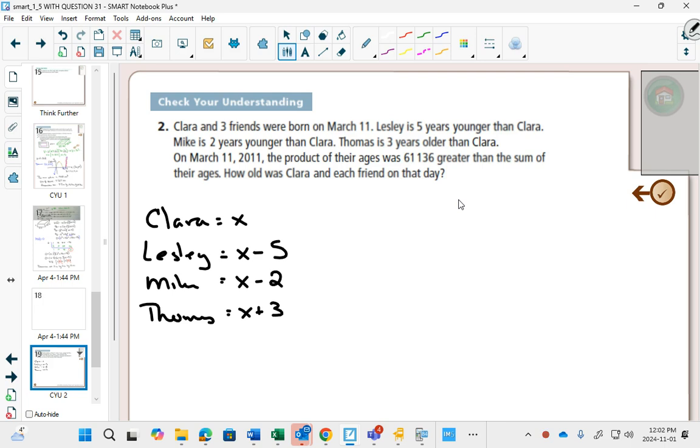And then we have to create some sort of equation that looks at the product and the sum. Of course, they're not equal. It says the product is greater. So does it make sense if the product is greater, the sum number would be less? To make these equal, this is the side I would have to add 61,136. Does that make sense? The product is bigger. This side is bigger than the sum by 61,136. So if I want to make them equal, I would have to add to this side